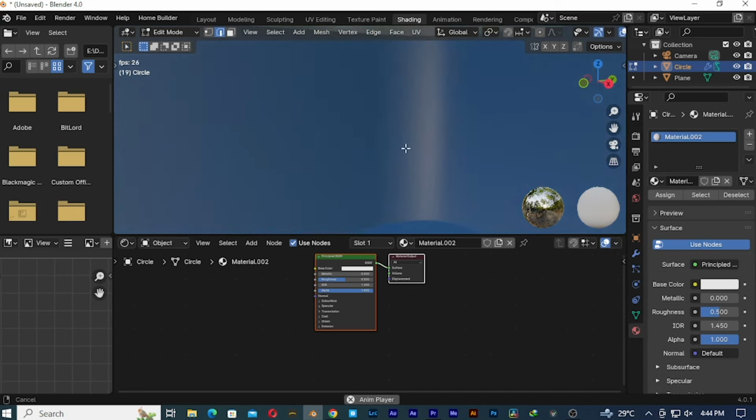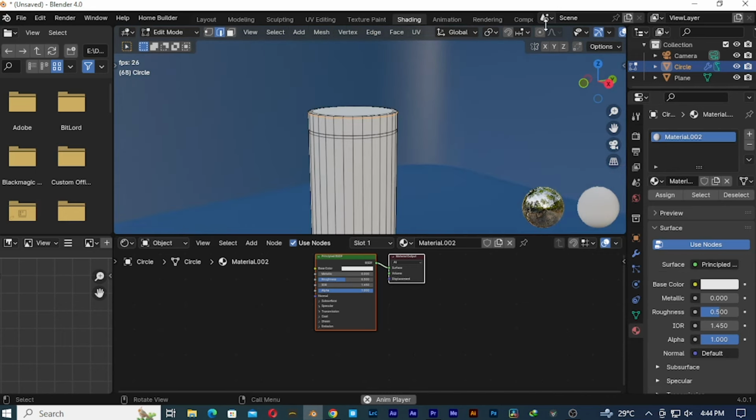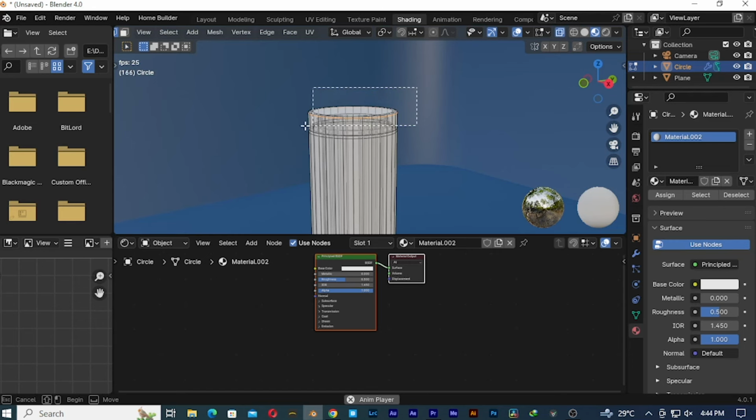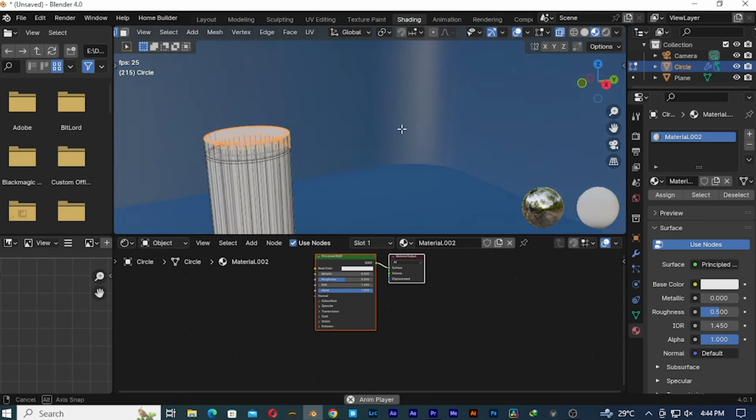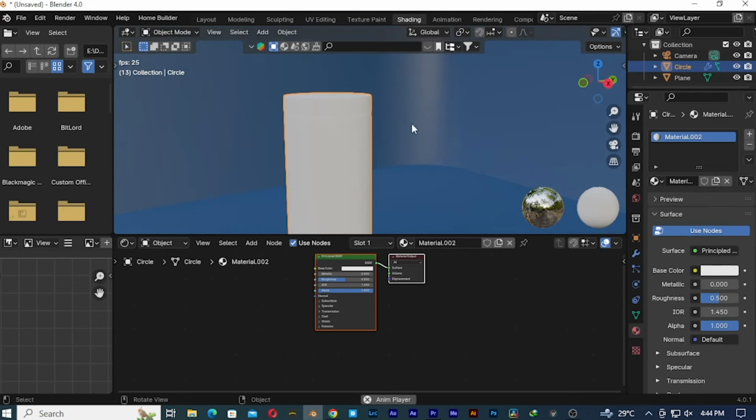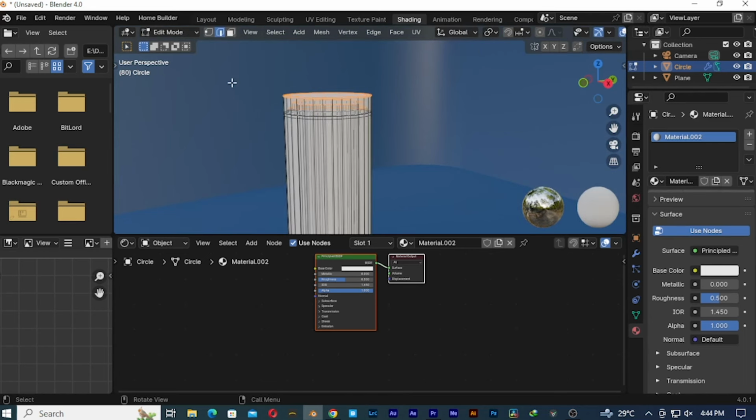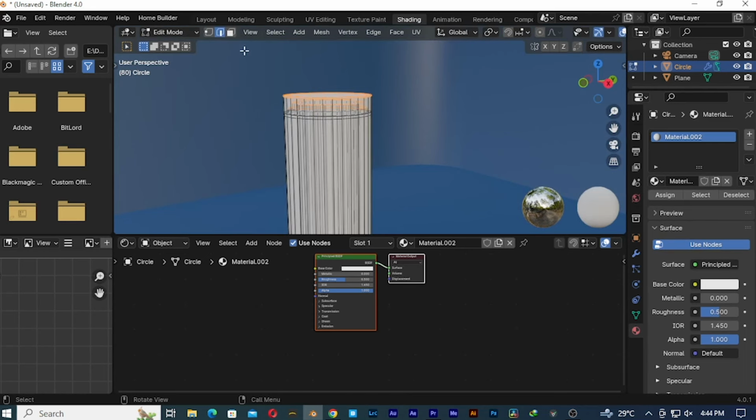So we want to come here, and if we go to X-ray mode, this would allow us to select, okay, wait, press Tab, press Tab again, press 3 for faces,